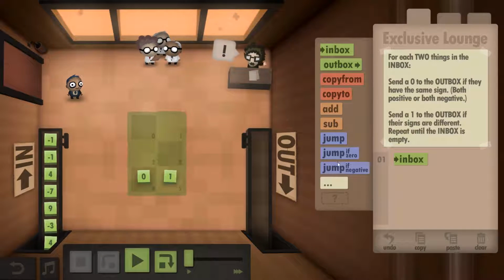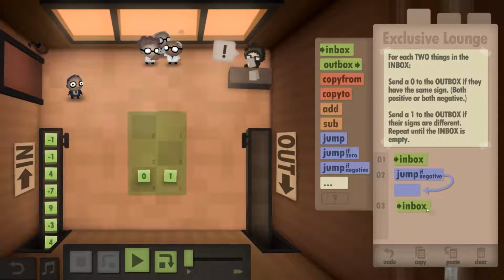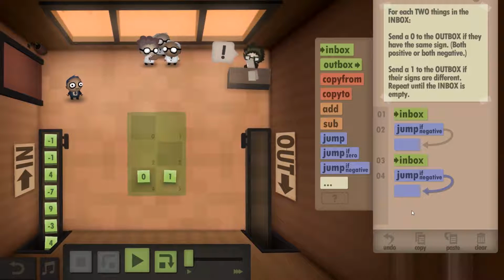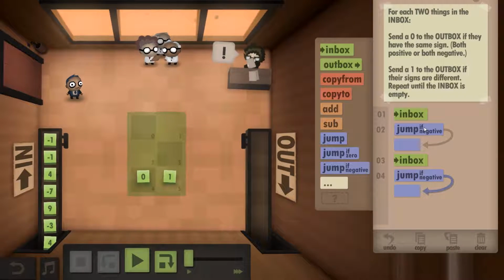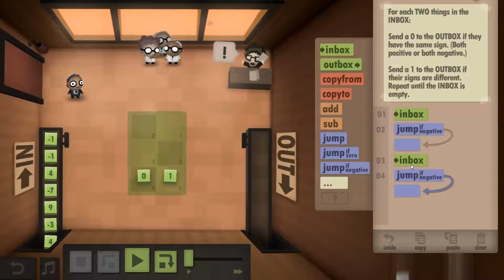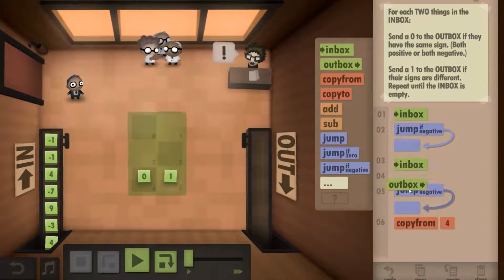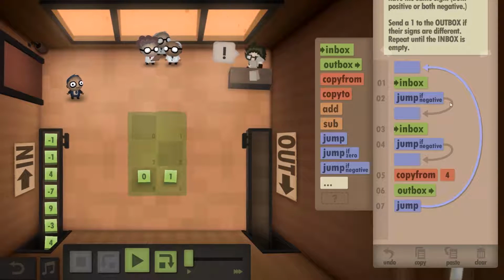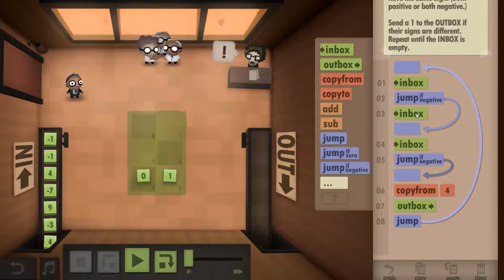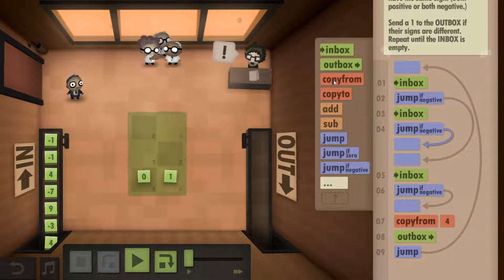So I'm going to take the inbox. We're going to have an if negative. So this is just going to be a chain of ifs. Now, right now, it doesn't do anything else. There's going to be other stuff too. So if it's negative, and we pull the inbox, if that's negative, we're going to want to copy from 4, because that is 0, and then outbox, and then start over. Now, if we jump here, so if it's negative, it goes here. If it's not negative, it's going to go here, which we're going to take from inbox, and then so if this is negative and this is, it's going to jump to